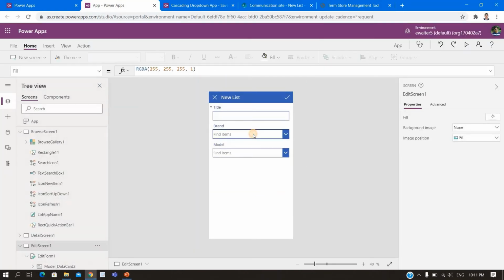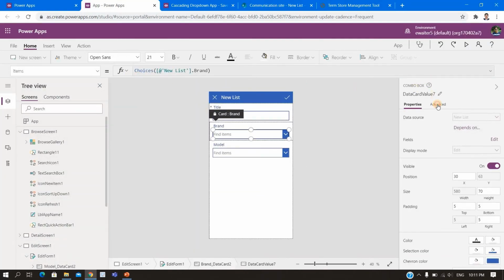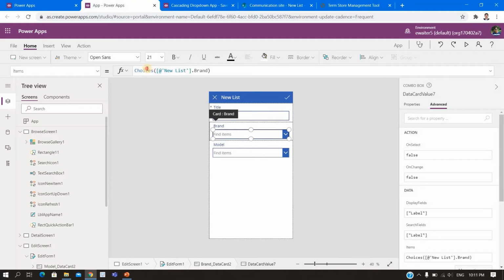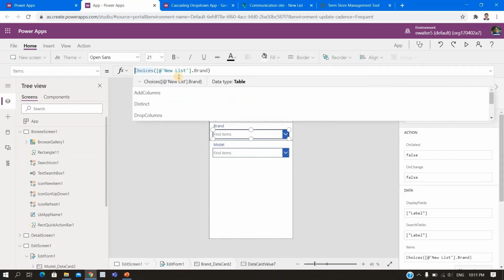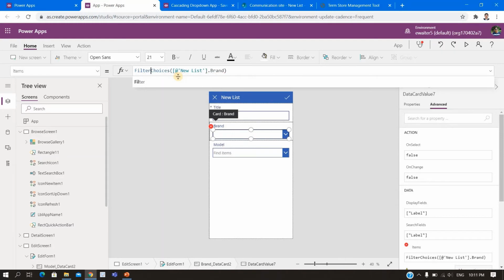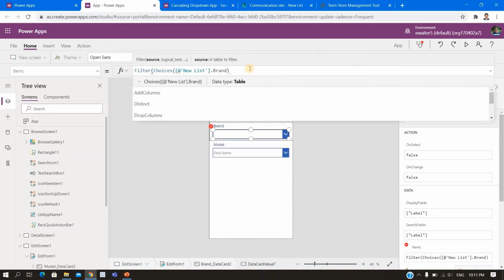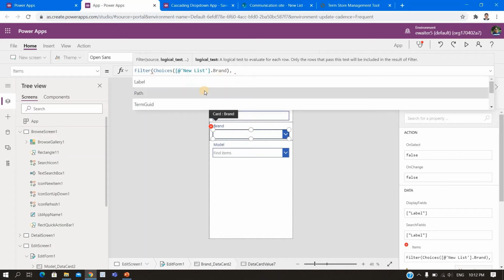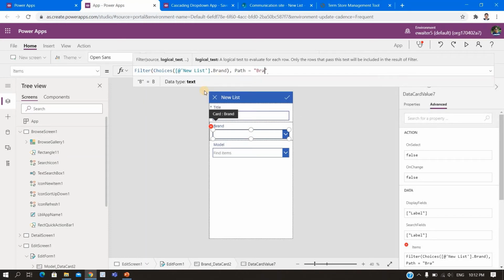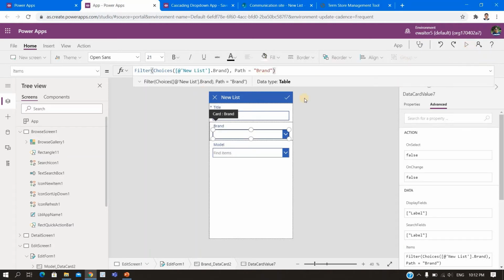So for that matter, what I need to do is filter. I'll filter based on, so what options are there? Path is one of the options, is equal to brand, correct? If I do it like this, what will happen?